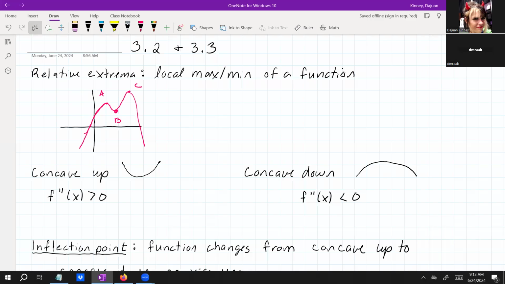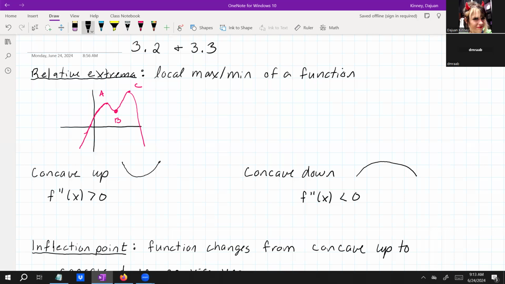Okay, I realized in the last section I said I did all of 3.2, but I missed an important term, and that's your relative extrema, or relative max and relative min, versus absolute extrema. So when I talked about max and min, I talked about where that happened at the function and not kind of an overall thing. So if you look at this really crappy drawing I have here,